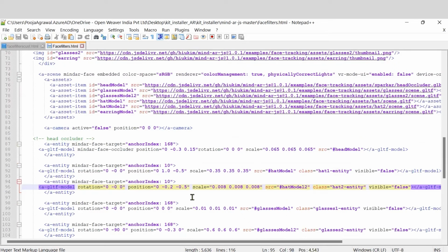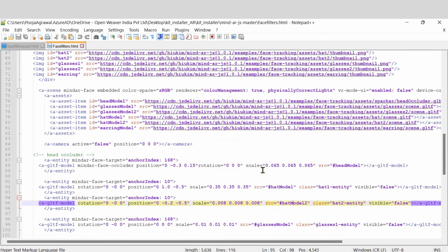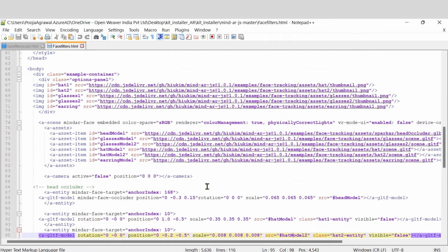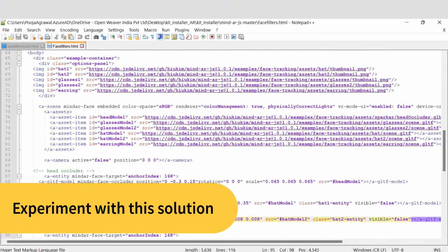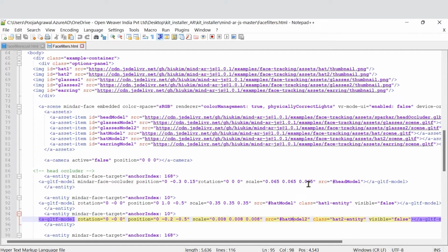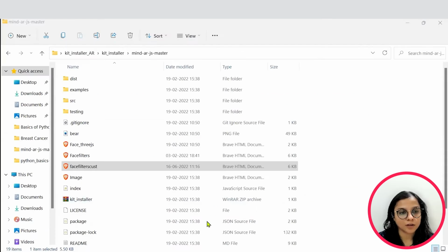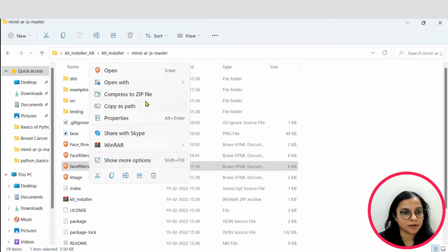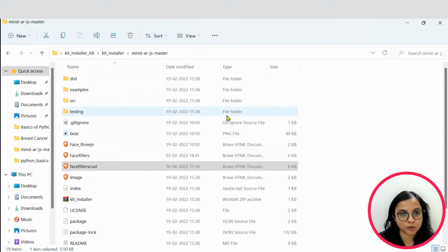Once you are done experimenting with the kit, you can customize this solution as well. So let us discuss how you can customize this solution. To customize your solution, I have created this cust.html file. In this, I will just open it and show it to you. What you simply have to do,